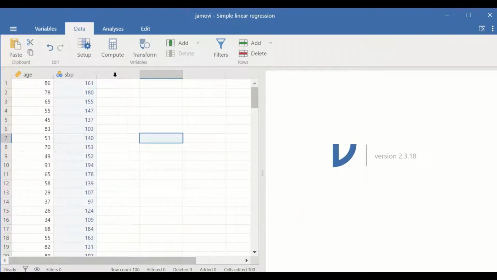Here in Jamovi I have two variables. The first one is age, which is a predictor or an explanatory or an independent variable, and the outcome is systolic blood pressure, which is a dependent variable or a response variable. Both variables have been checked for normality, and the assumptions for performing simple linear regression will not be discussed or